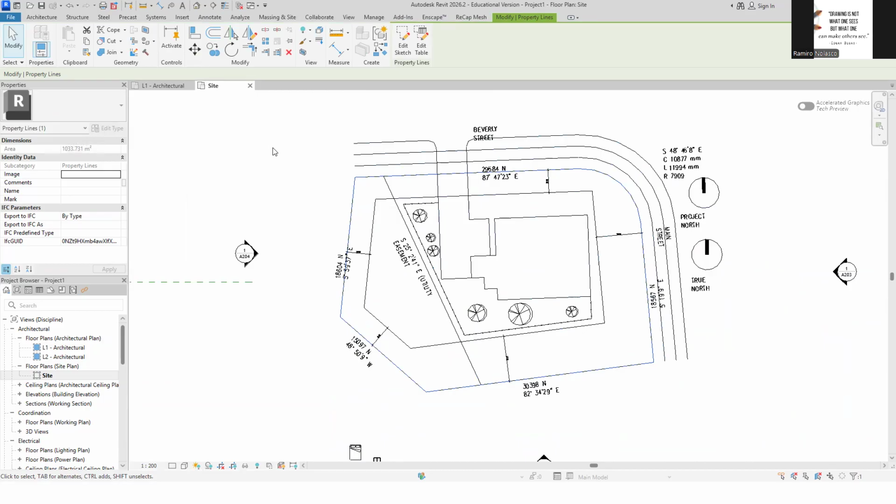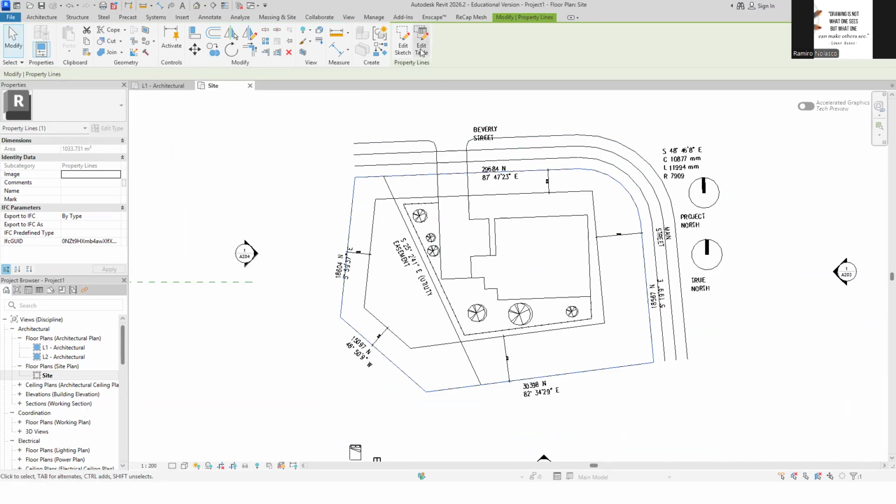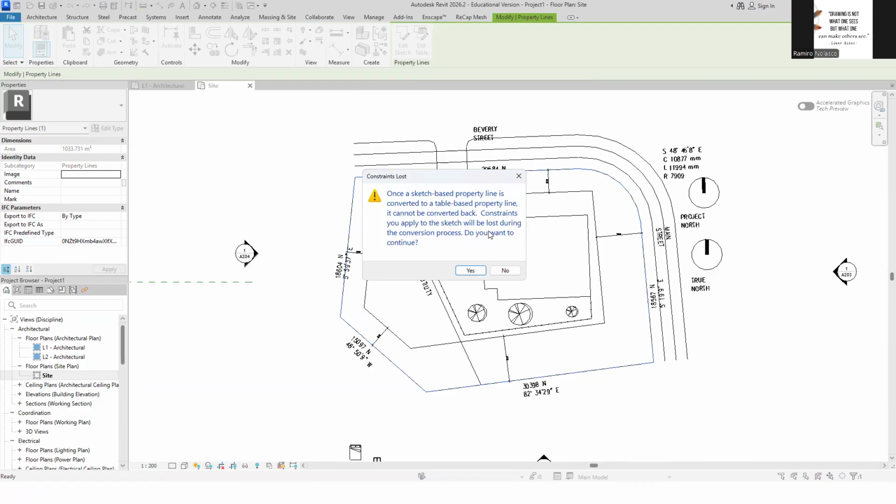Now, notice I can now edit the table. I can edit the sketch or edit the table. If I edit the table, this will now convert to the table. We're not going to be able to do the sketch anymore.